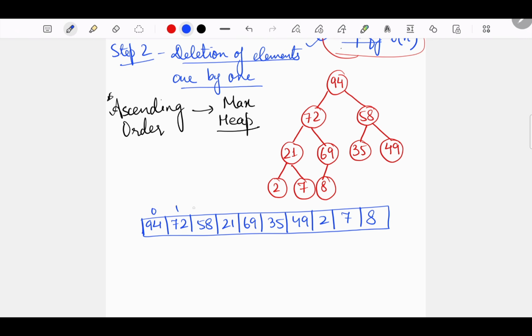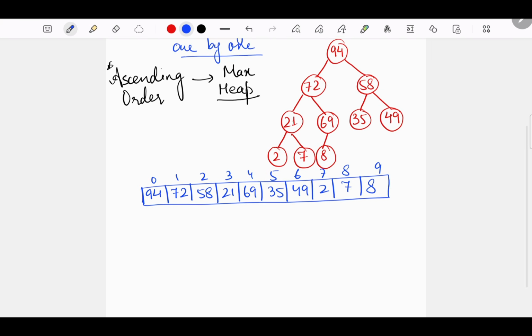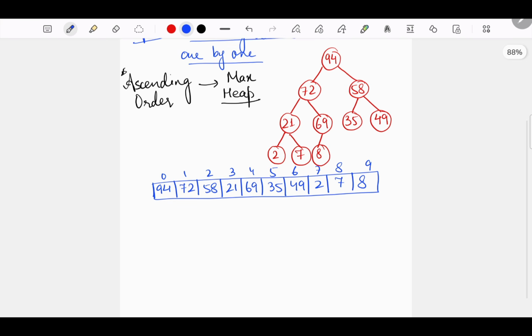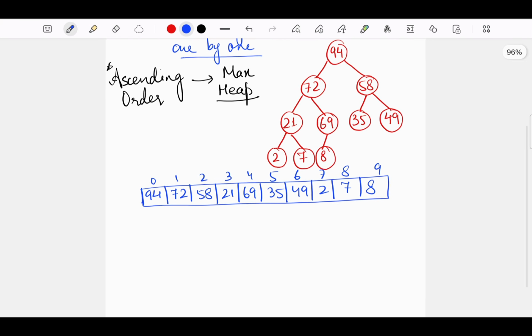Correct? And if these are the indices, I actually have a total of 10 elements, correct? So now see, we are going towards step 2. So step 2 says deletion of elements one by one, correct?